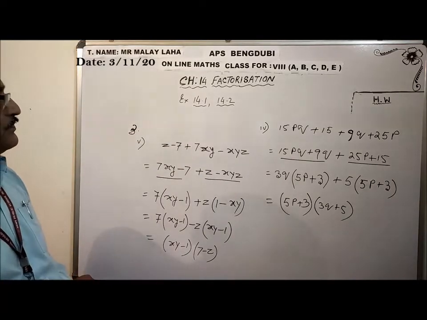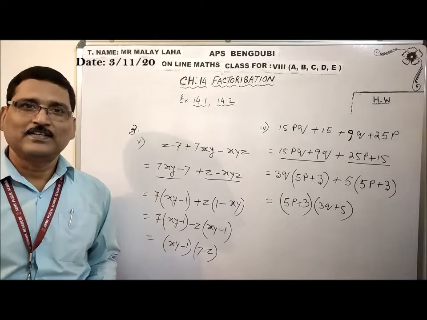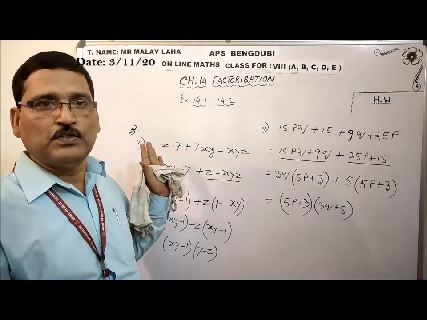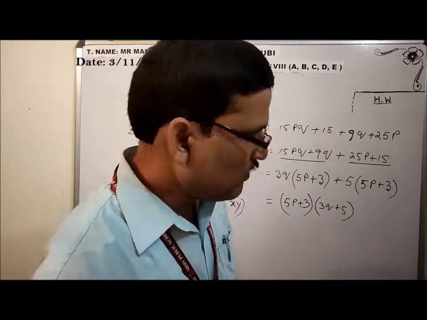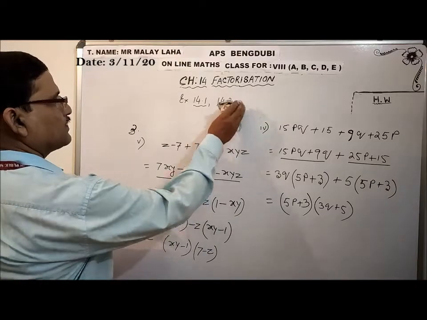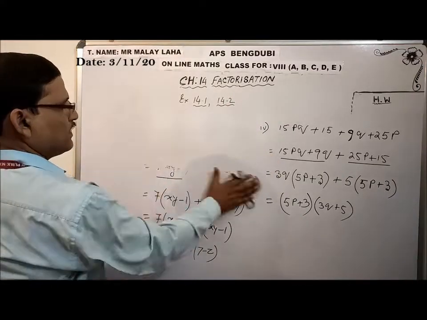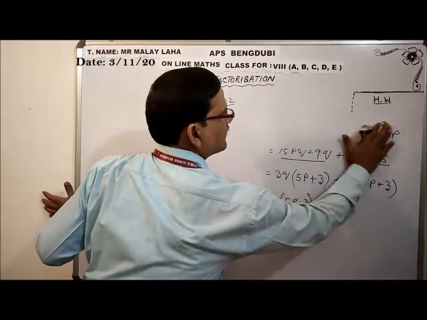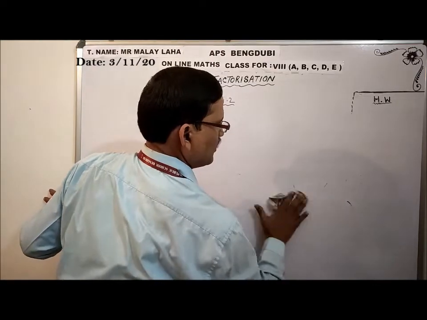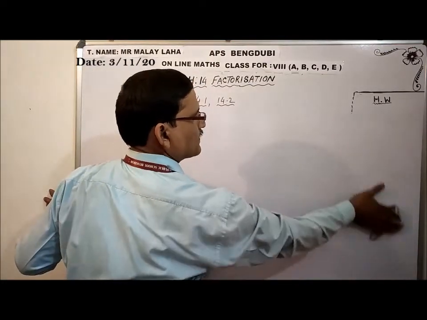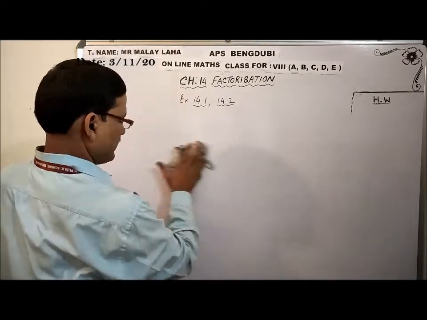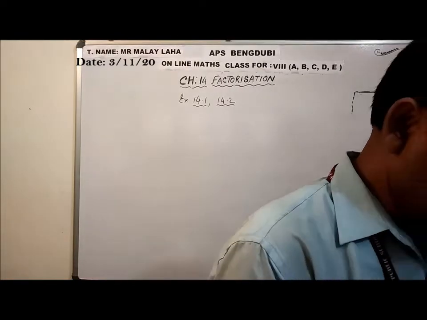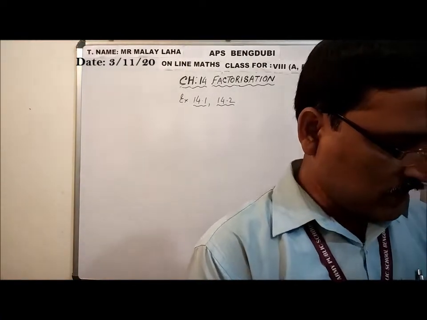You see? Understood, I think? Okay. What general concept have you got from this video? Now I am explaining more. Now you have to follow exercise 14.2, by following identities. How to factorize by following identities. Very easy, very easy. You have already done in the previous exercise, that is identity. How to explain this question? Okay. Very simple types of questions are there. You can easily do it. Clear?